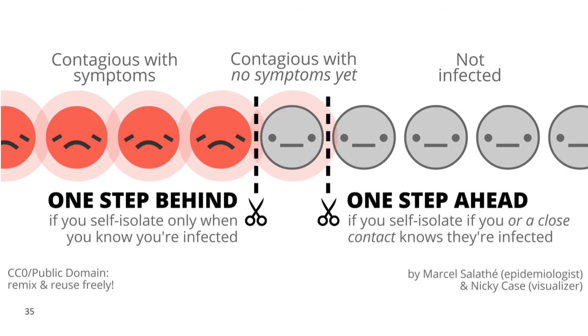This final graphic just drives home the point that it's better to be one step ahead than one step behind. Whether you're contagious with symptoms or contagious without symptoms, this idea of self-isolating and quarantining, while it's a little bit miserable to be home alone all the time, is extremely important. You can self-isolate if you know you're infected, but if you don't know you're infected, it's still important to isolate because you don't know if you have the disease. We're going to stop the spread of this infection by keeping people who may be sick away from others.